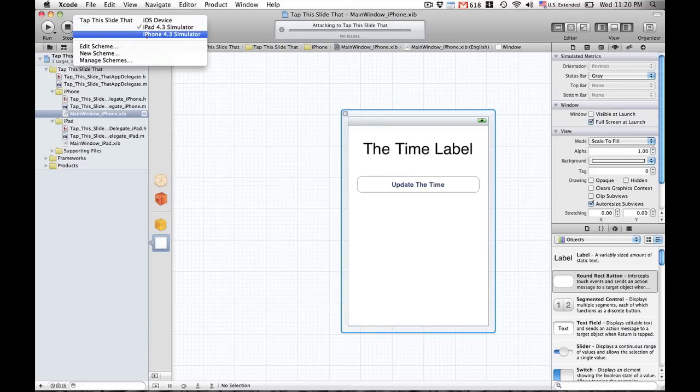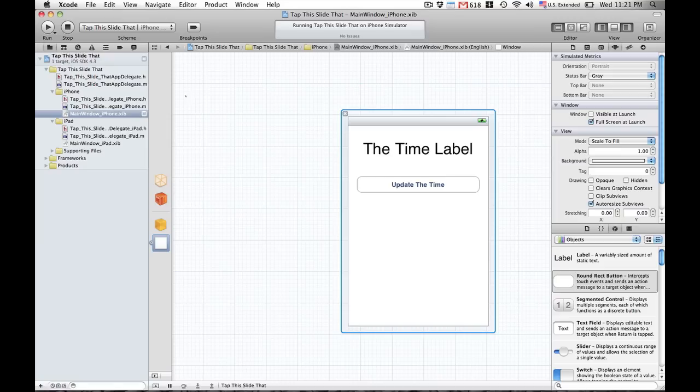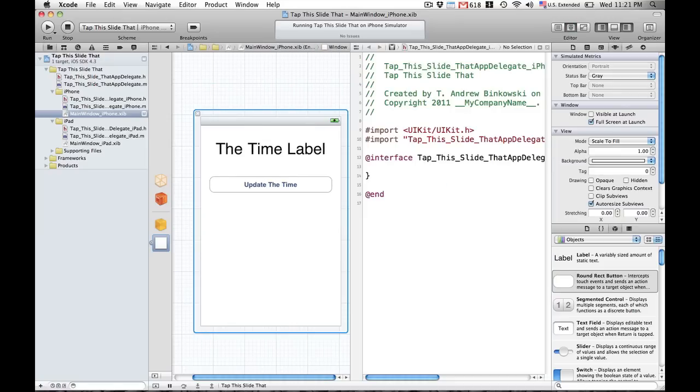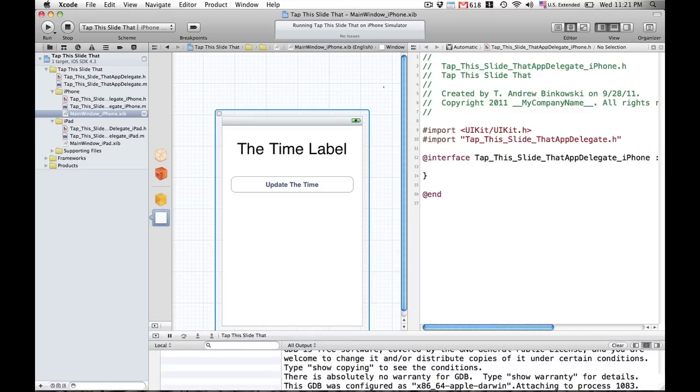Alright, now we'll go ahead and run it and see what happens. So we'll select iPhone from our scheme. We go ahead and click, and we'll see nothing happened. Well, the reason is that even though we built the interface, we didn't tell our code about it. So what we need to do is go ahead and let our code know about the interface objects that we have. So let's open up the Assistant Editor